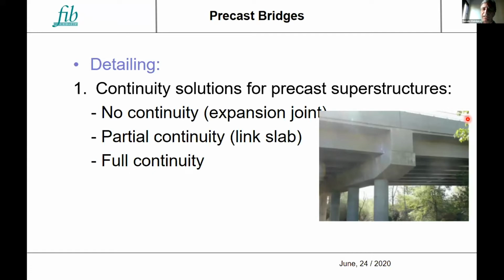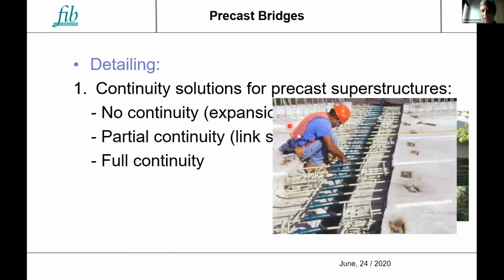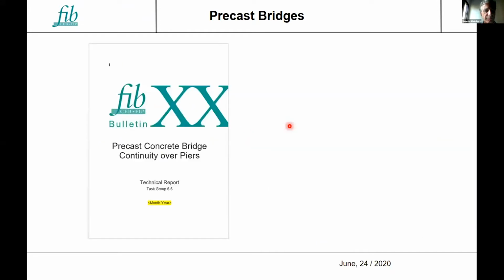You provide this continuity by casting in place the support diaphragm and turning this region into a monolithic joint. Here's just a picture showing how to couple reinforcing bars, which is just one solution, to provide this continuity.